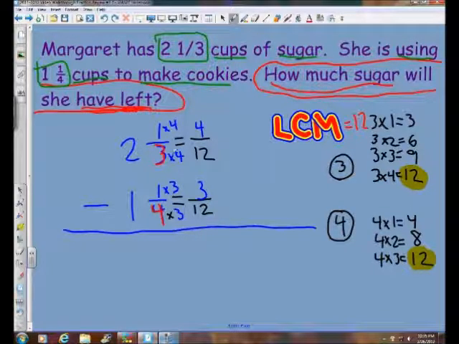4 twelfths. We just made another equivalent fraction for 1/3. 1/3 equals 4 twelfths, by the way. We multiplied by 4 over 4, which gives us an equivalent fraction. So now we can work with these fractions. If you'll notice,